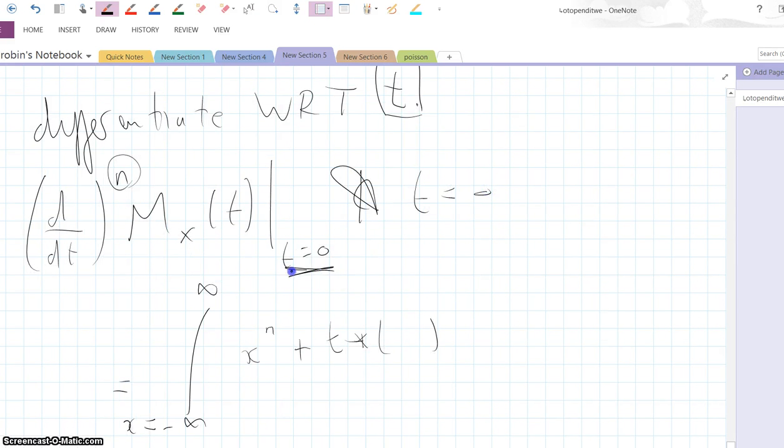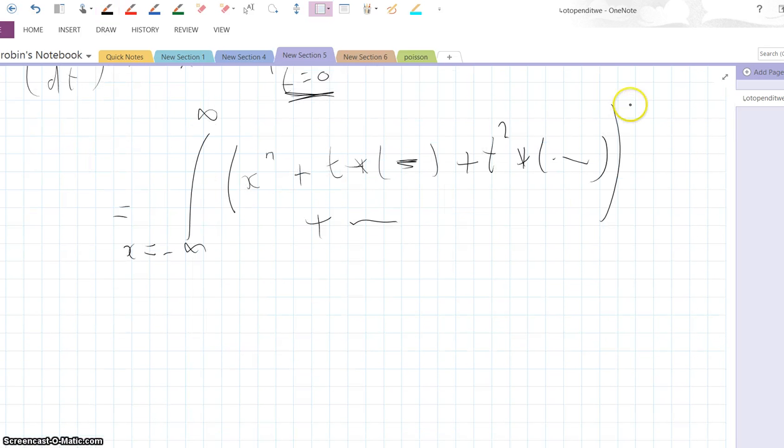So it's here, the exponential term, it's x to the n plus t times some stuff, which I don't care about, because I'm evaluating at t equals 0, so it drops out. Plus t squared times some other stuff. I could figure it out if I wanted. Plus other stuff. I don't care what that is. Times the probability density p sub x of x